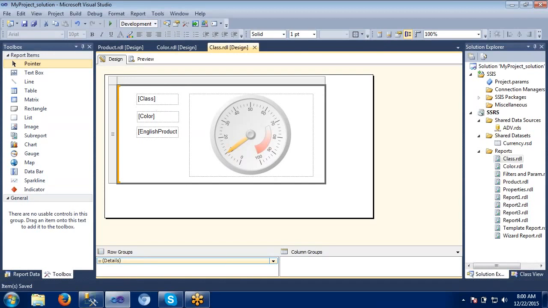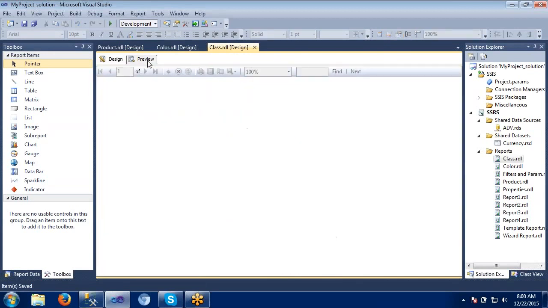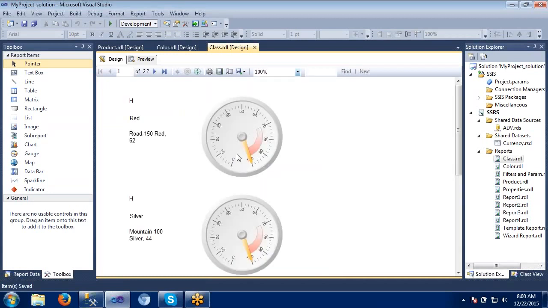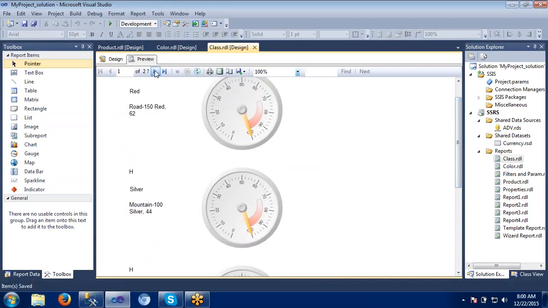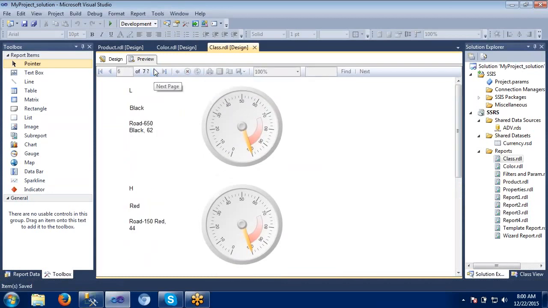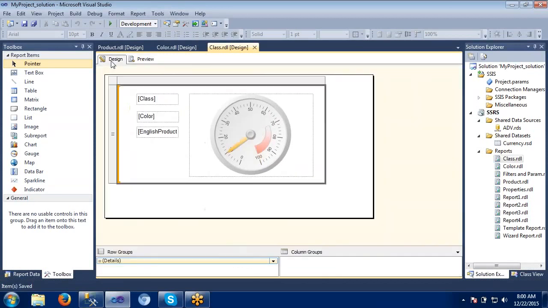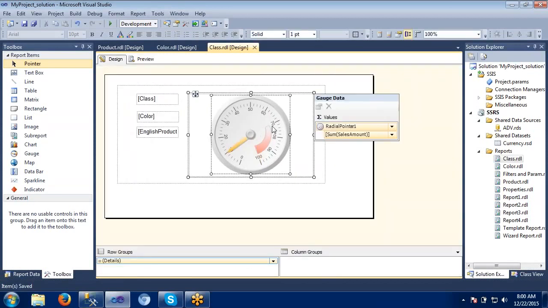Now let's see what it will do here. For each color, I mean for each record, this gauge will be displayed here. Let's preview it here. This is generally where we will be using this combination of these report items. Okay, so this is how it's displaying here. The sales amount for this high class and low class, all this stuff. Okay, but right now it is not changing. Why? Because the scale values which we are mentioning are very small, that's why it is not giving some values here.